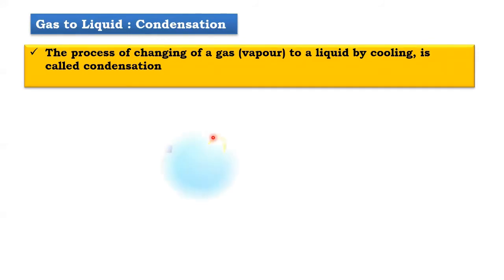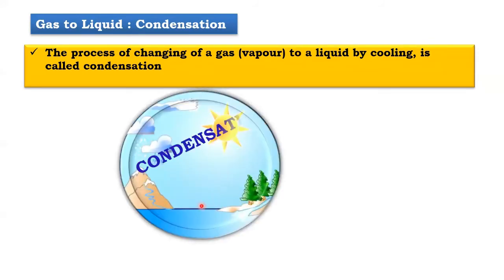Let's see what we have further. A very simple and common example that you all might be aware of is the formation of clouds. We know that the heat of the sun leads to the formation of vapors from oceans as well as other water bodies on our land. Those vapors tend to move upwards, condense as they go higher in the sky, and get converted into clouds. So this is an example of condensation.